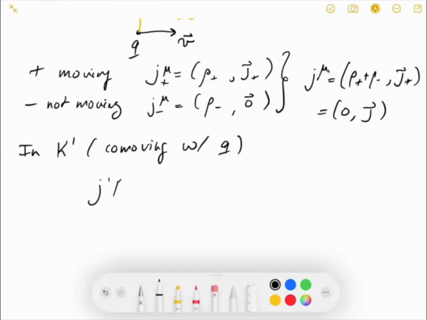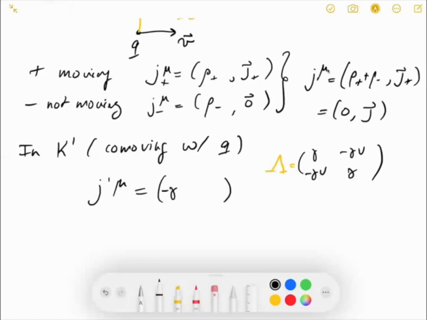So that would be J mu, and it will be derived from multiplying this thing by, let me see, gamma, minus gamma v, minus gamma v, gamma. We're doing a Lorentz transform now that we're going into the frame of the moving particle, right? So then there's minuses there. So if you apply this Lorentz transform to your 4-vector, you get